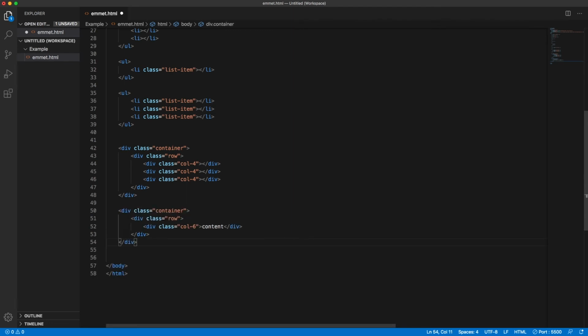I forgot to multiply this one, so it only did the 1. But now you can see that we have content inside of there. Now content you can add through using curly brackets. So I've shown you how to do